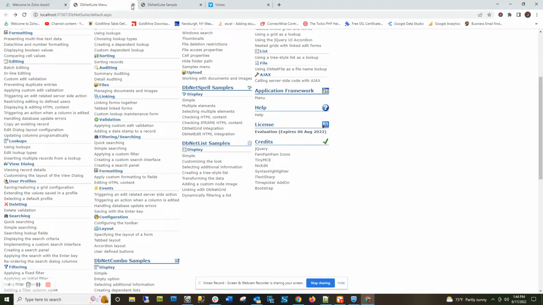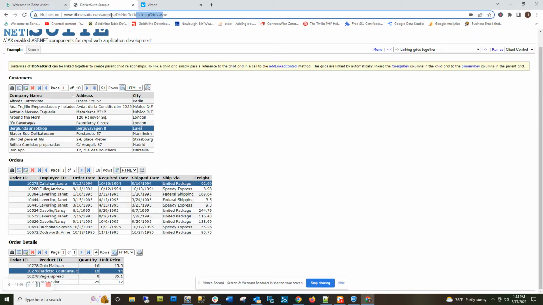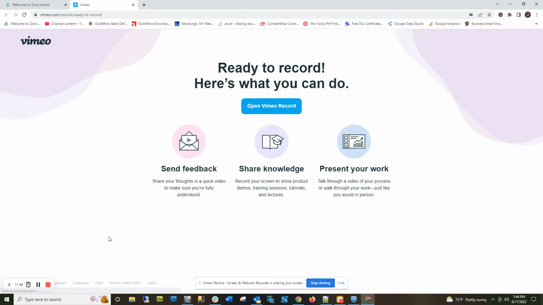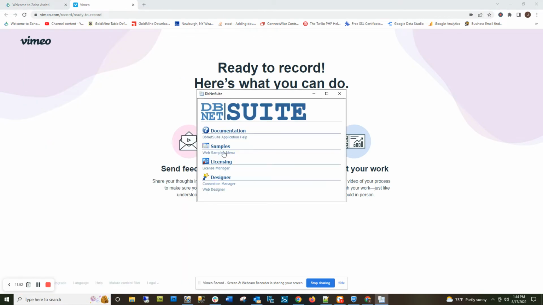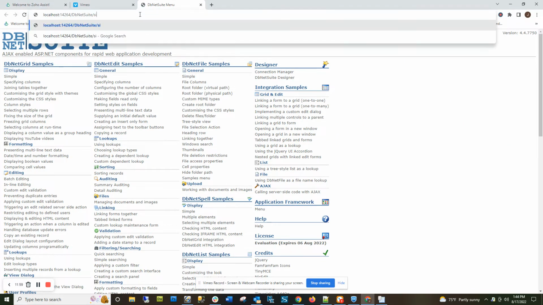Now, obviously, we're a GoldMine shop, and I want to present this because I've had customers who have contacted me who want to integrate applications like this with their GoldMine. Let me launch my thing here again. So I'm going to launch my DbNet Suite, go to my samples, and I think I want to go to simple